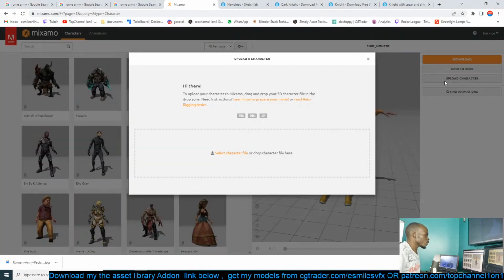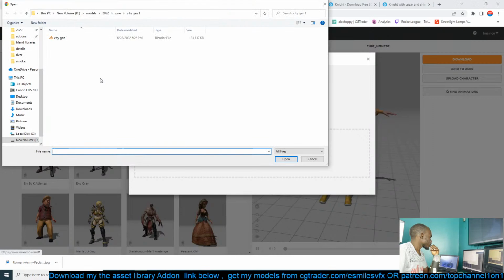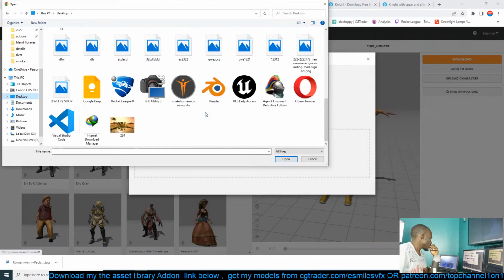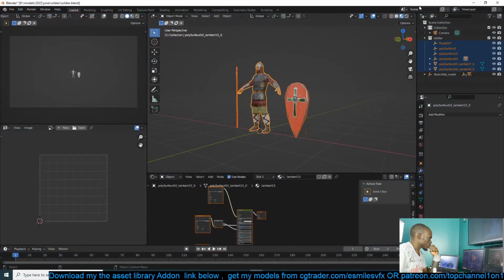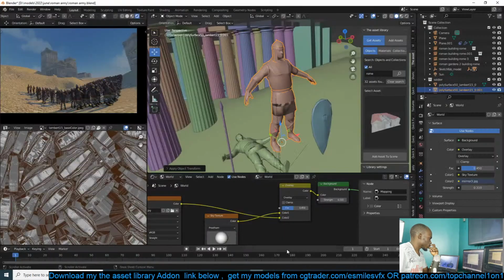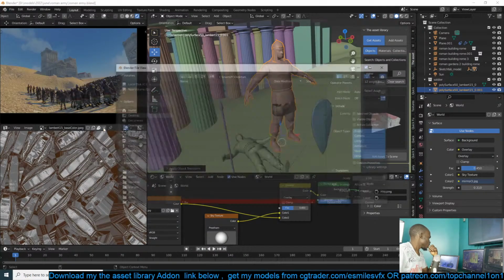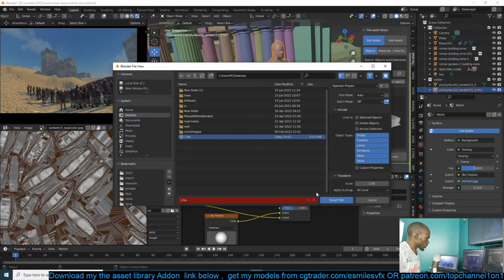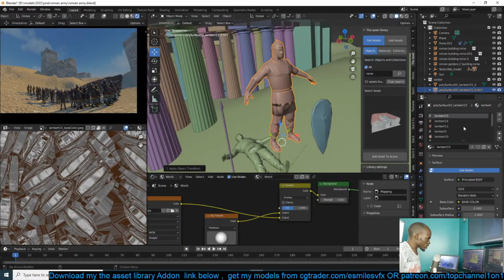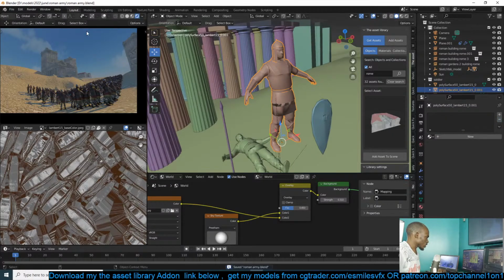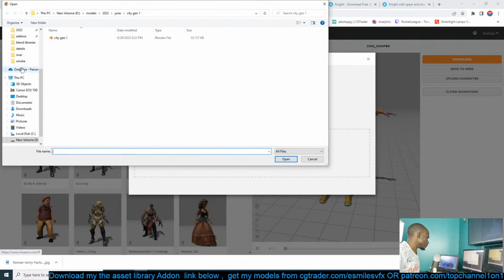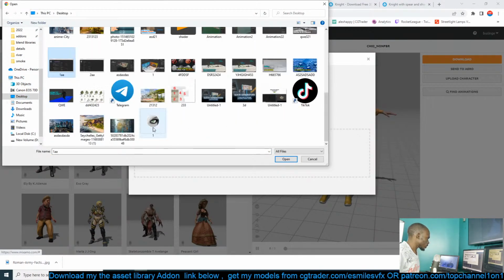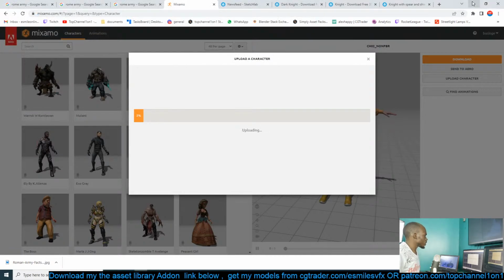We need to rig him up using Mixamo. So let's do export FBX desktop. I don't need the textures on him, so I can just remove them so that the export is much faster. So export, and as he's importing or uploading,